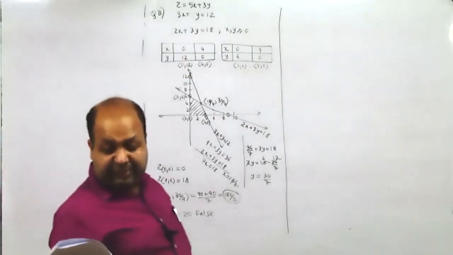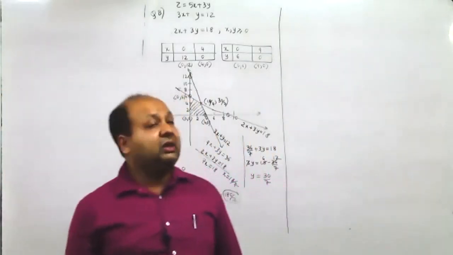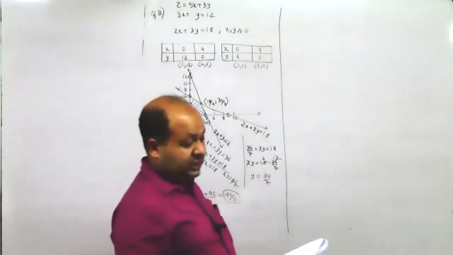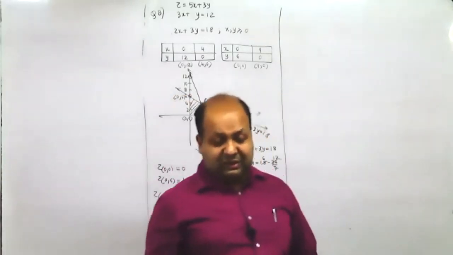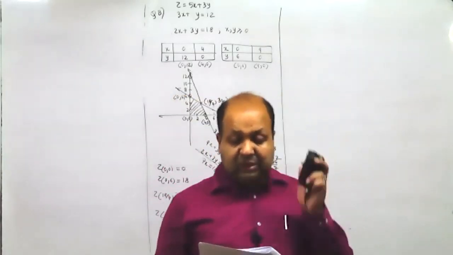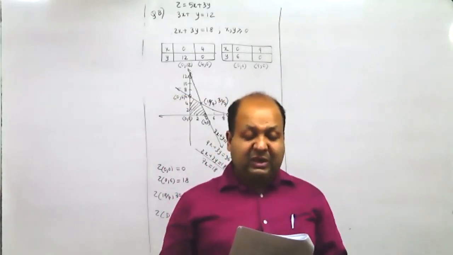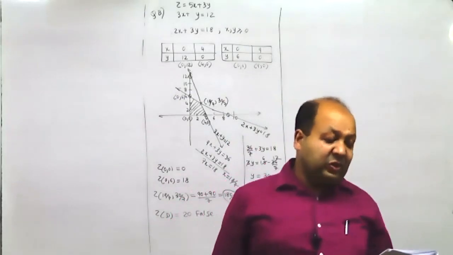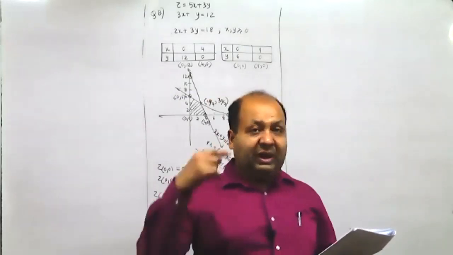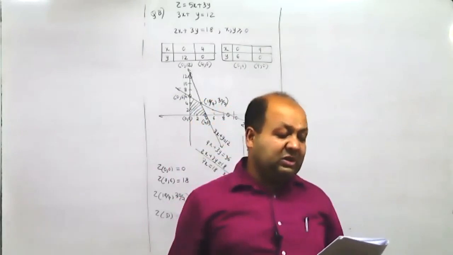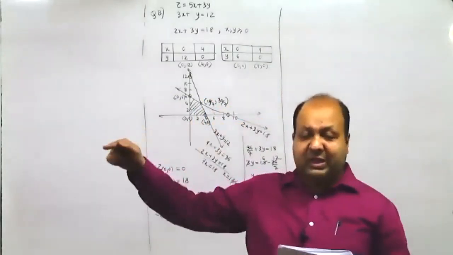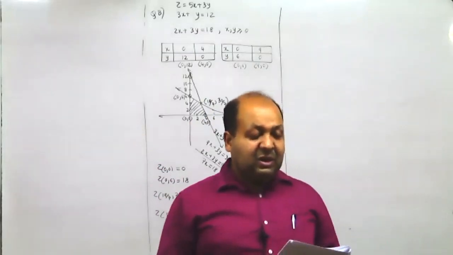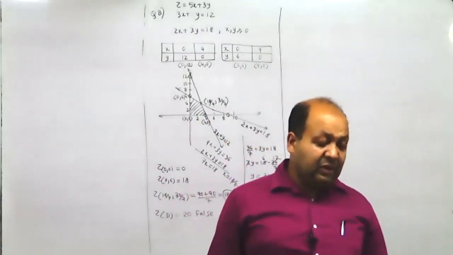Objective function of LPP is a relation between the decision variables. Yes, it should be true. Just see the answer. That it's true. If LPP has two optimal solutions, then LPP has infinite solutions. That is also true. I told you, when there are two optimal solutions, you have optimal solution on each and every point of the line. So right there at each and every point on the line, that is true. But then behind it's given false.